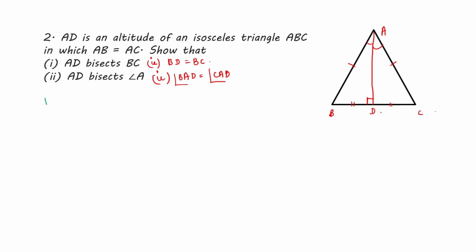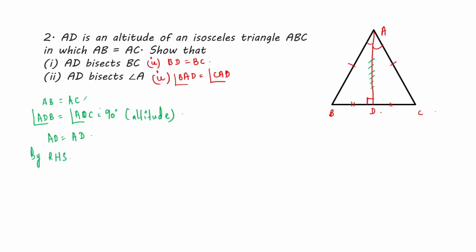Comparing these two triangles, triangle ABD and triangle ACD, we see that side AB is equal to side AC, which is given, and angle ADB is equal to angle ADC, which is 90 degrees, also given in the question because it's an altitude. Also, in both these triangles, AD equals AD. AD is the common side in both these triangles. Thus, we could say by RHS congruency, right angle, hypotenuse and side congruency, that